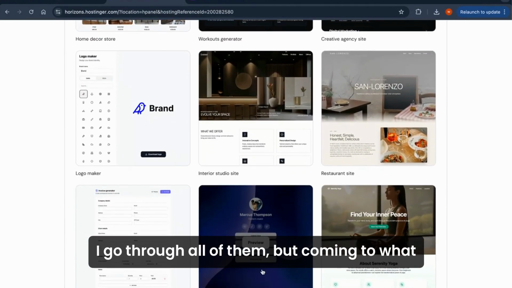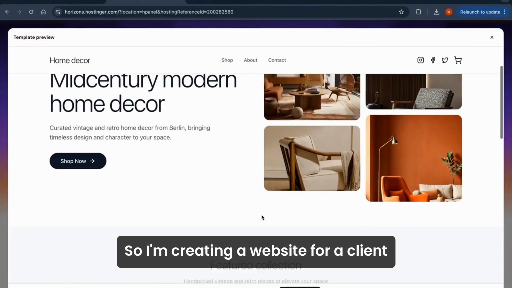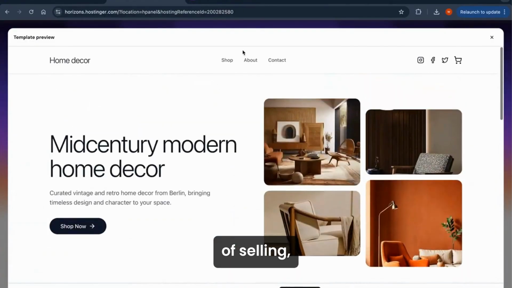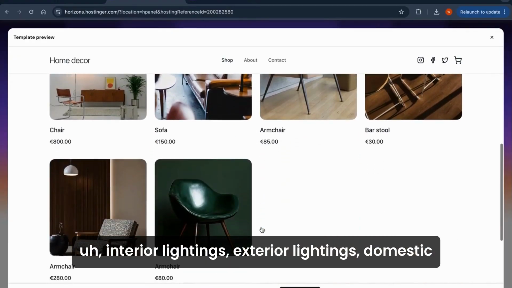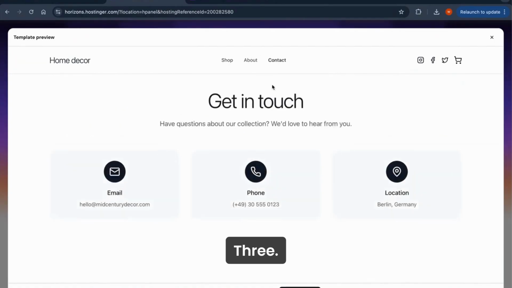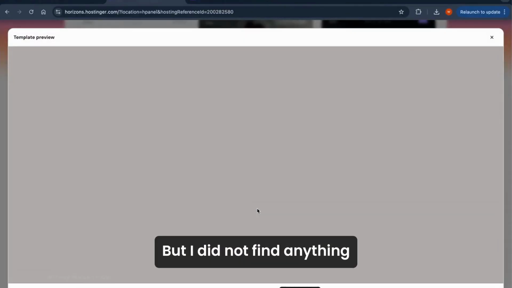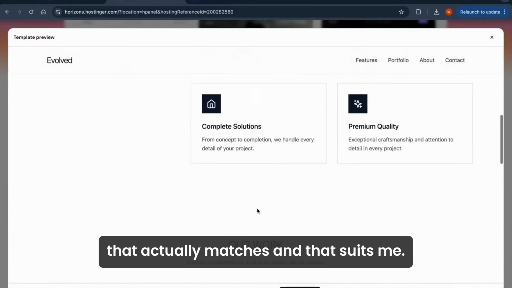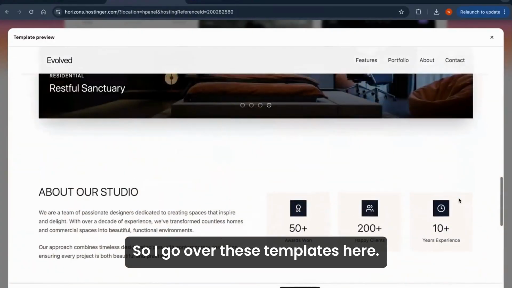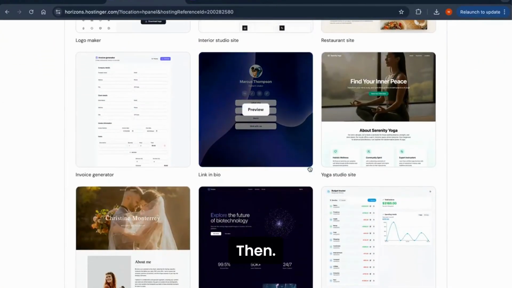But coming to what I am actually creating, I'm creating a website for a client who is in business of selling interior lighting, exterior lighting, domestic, and all sorts of things related to lightings. But I did not find anything that actually matches and suits me. So I go over these templates here. Then